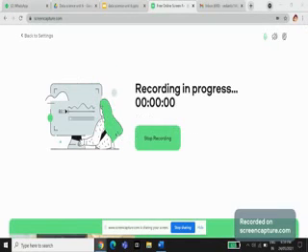Decision trees are commonly used in operations research, and specifically in decision analysis, to help identify a strategy most likely to reach a goal. But they are also a popular tool in machine learning. The picture here depicts a decision tree. The top node is a father node or root node, and the bottom nodes are the children nodes.